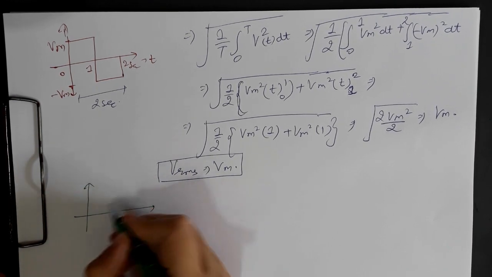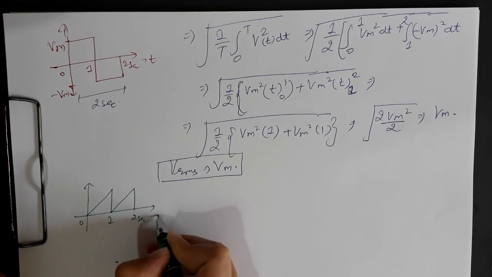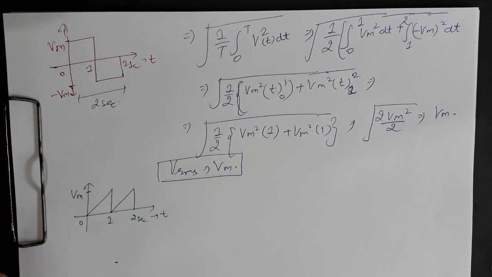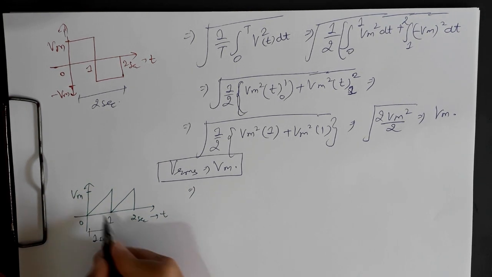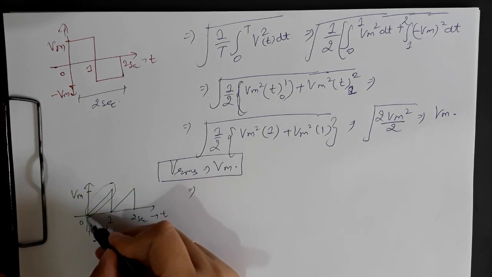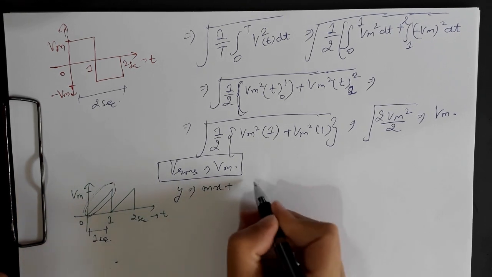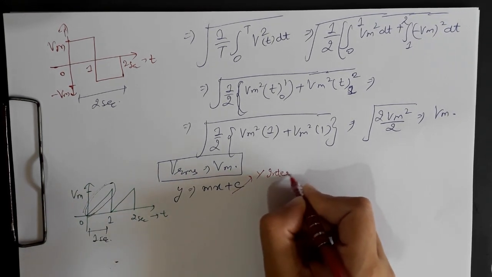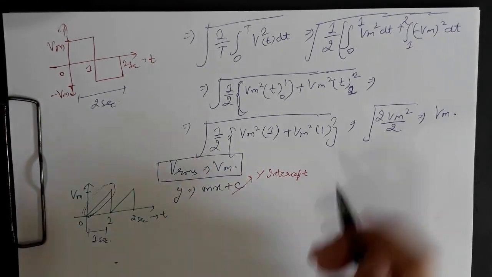Friends, now I am taking the sawtooth waveform. This is the sawtooth waveform. This is the time period and this peak value is Vm. Here we have to find out Vrms of this waveform. First of all friends, here time period is 1 second because after 1 second the wave is repeating again. Now friend, this is a straight line. We have to find the equation of this straight line, which is y is equal to mx plus c. Here c is the y-intercept and here the y-intercept is 0. So I am taking c as 0.